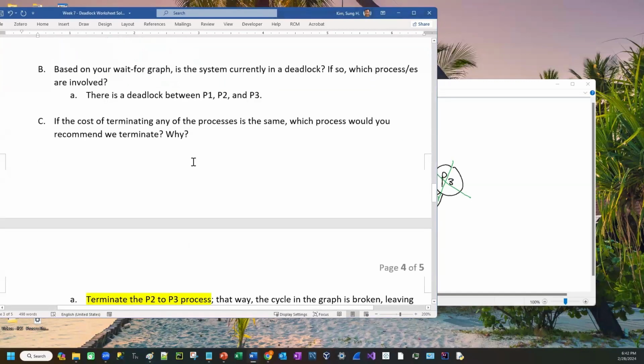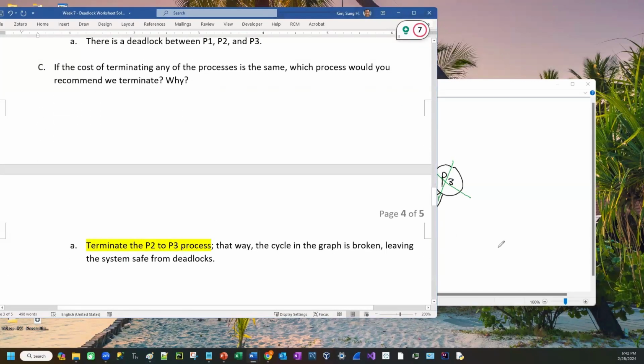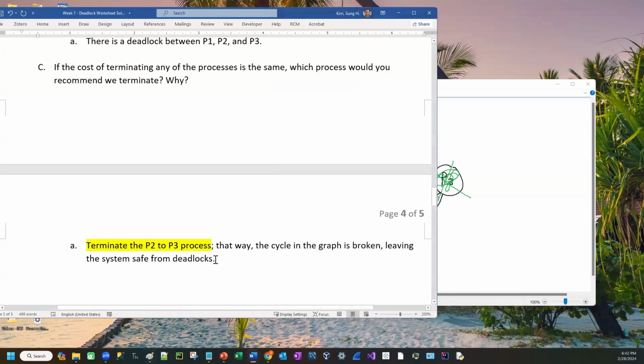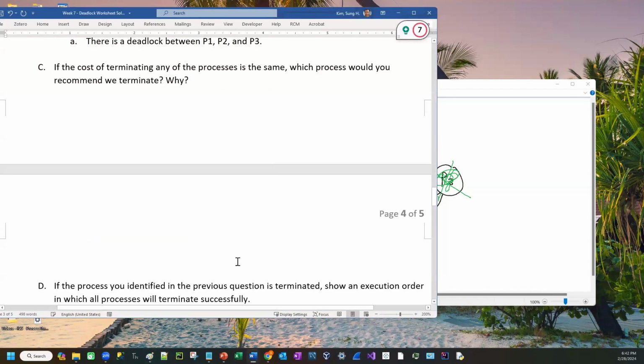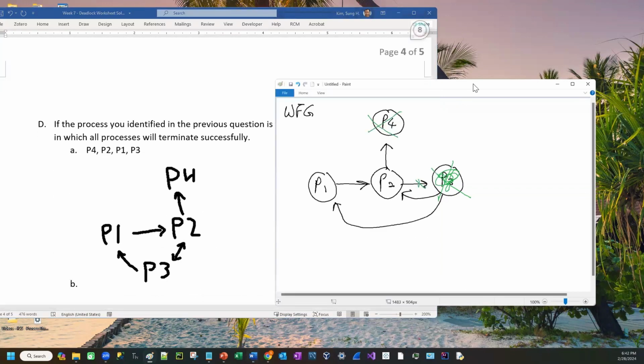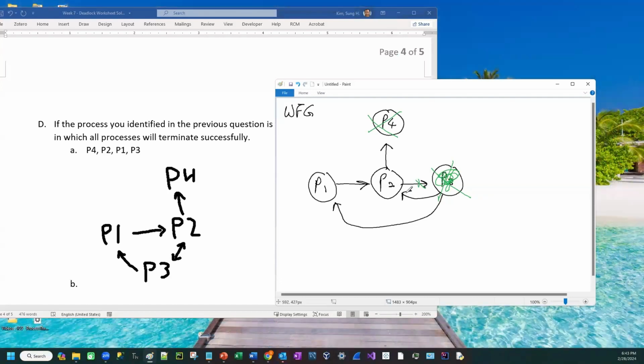Okay. So here, terminate P2 to P3, right? This guy maybe, right? Is one way, but I think just getting rid of the process altogether, P3, should be much better. So maybe I should get rid of this guy. But anyway, they ask you to draw. So if you draw this guy, it would be just P1 to P2. Yeah, this is probably not the right way. If we get rid of this P3, then all you have to do